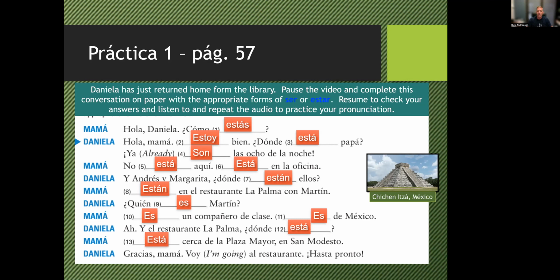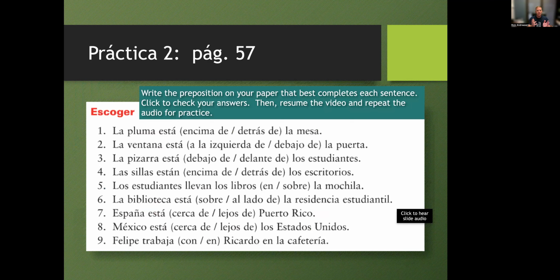So again, while we would read this in English, it would be is, are all over the place. But in Spanish, completely different verbs. Muy bien. If you didn't get that, pause, rewind, go back and look at the uses of ser and start again and come back and take it again. You got this. Okay, práctica dos, 1 through 19, and you're just going to choose which is the correct preposition and phrase that goes with this verb estar. So again, we're talking location,